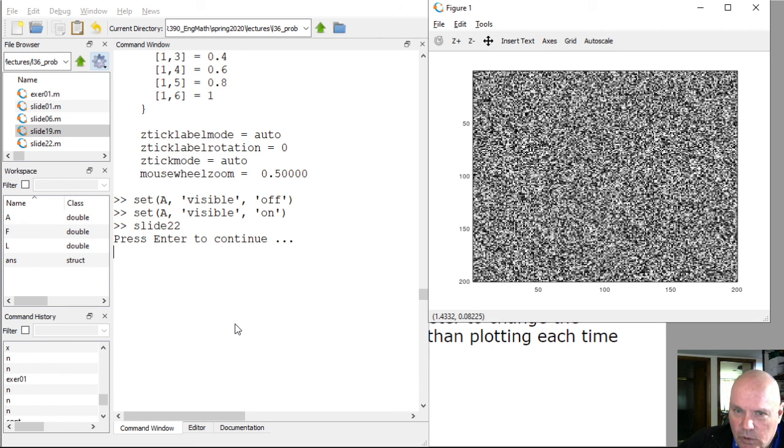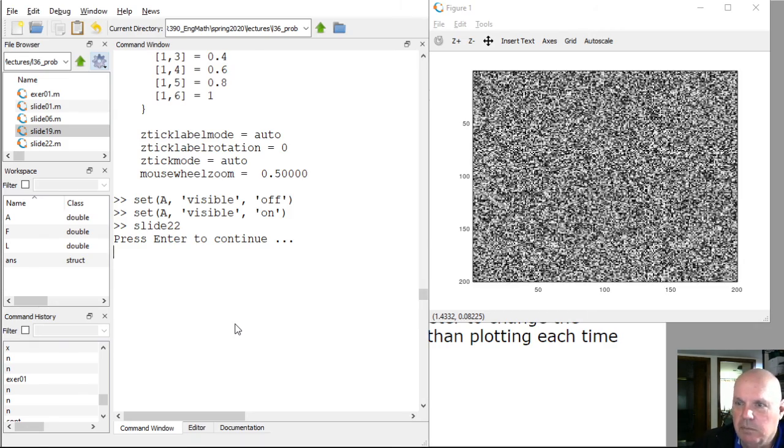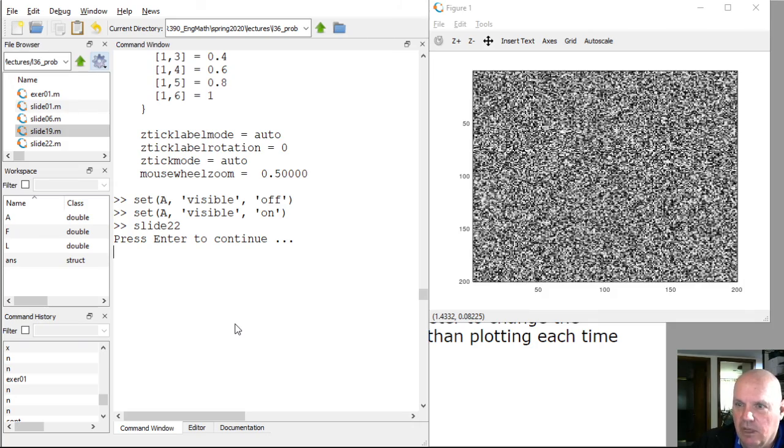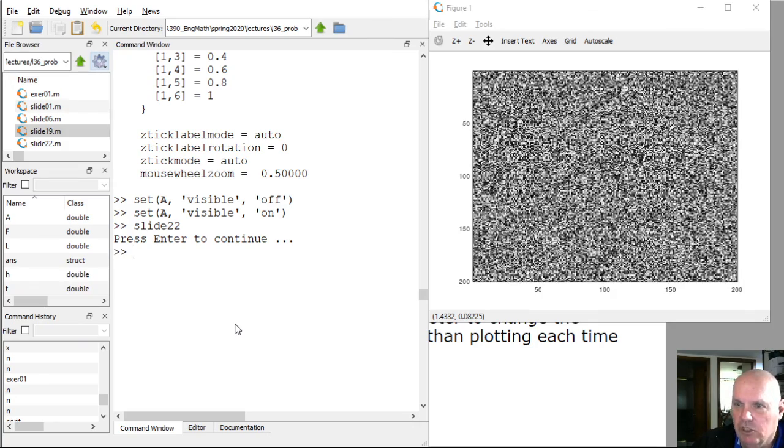This one will let me select the window. Okay, now I'll press enter. This runs much faster. Instead of recreating the plot every time, I just change the data. So I get a much better looking animation here. You can do this with lines and 3D mesh plots and get some pretty interesting animations